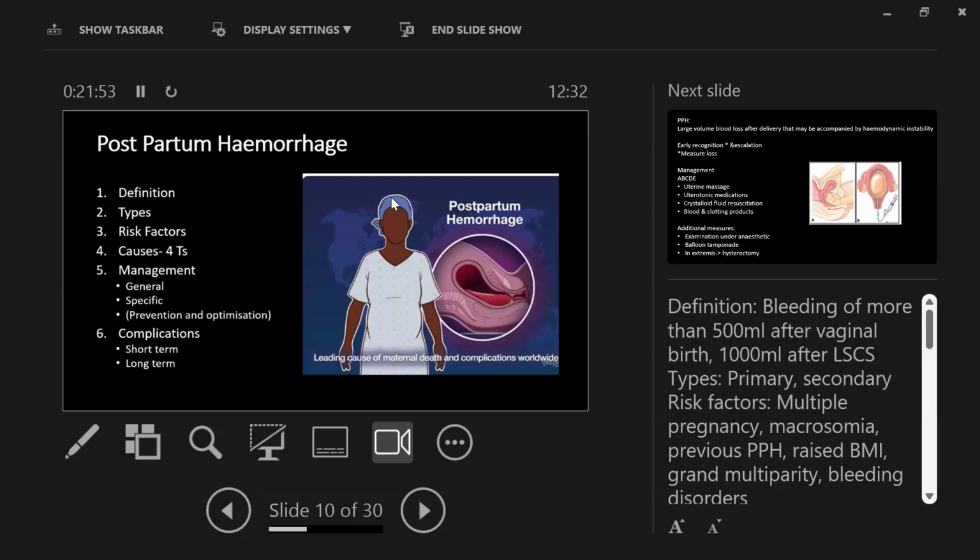degree of hemodynamic instability. Now, with that, please bear in mind that in pregnancy, there is a 40% increase in plasma volume. And there are also changes in the cardiovascular system. And the third thing is that most women are younger and generally fit, and therefore will tolerate up to 1/3 of their blood loss before they become tachycardic or hypotensive. So do not wait until someone is hypotensive or tachycardic in the presence of bleeding before you start to intervene,